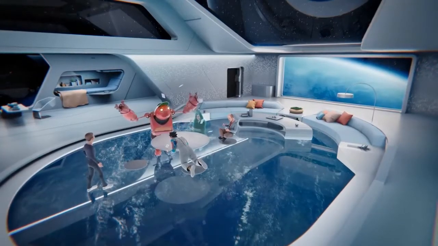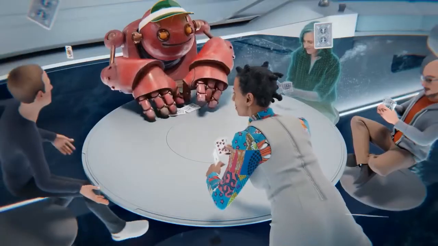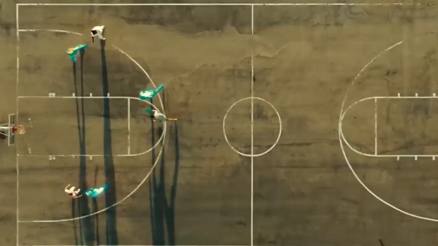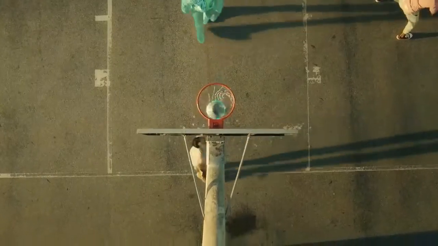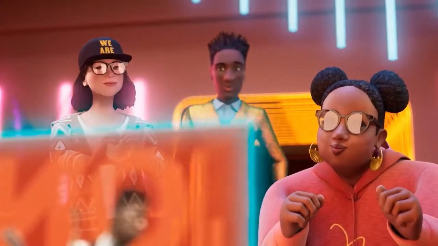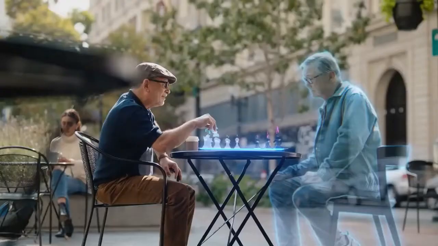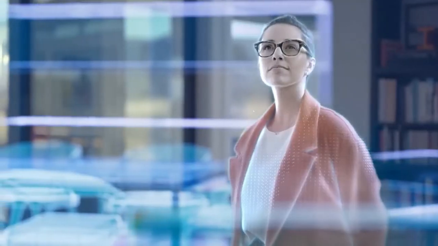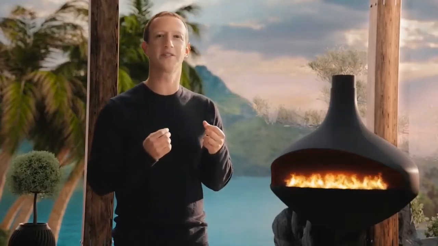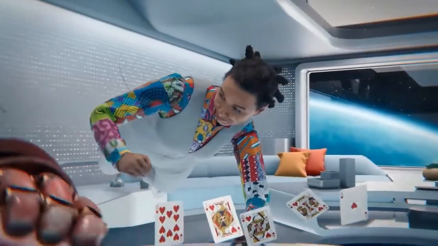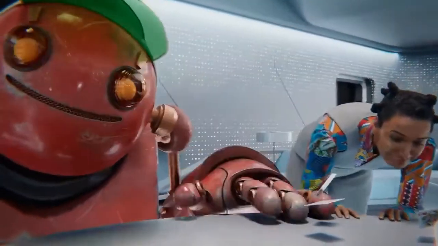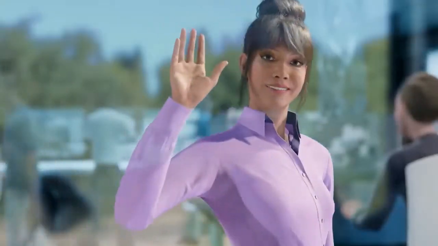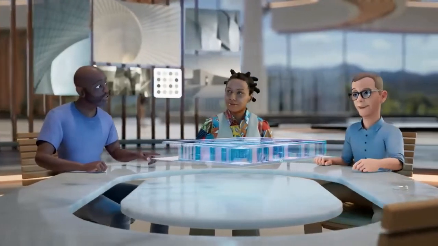This place is amazing. The feeling of presence. This is the defining quality of the metaverse. You're going to really feel like you're there with other people. You'll see their facial expressions, you'll see their body language, maybe figure out if they're actually holding a winning hand. All the subtle ways that we communicate that today's technology can't quite deliver. I knew you were bluffing. Avatars will be as common as profile pictures today, but instead of a static image, they're going to be living 3D representations of you.